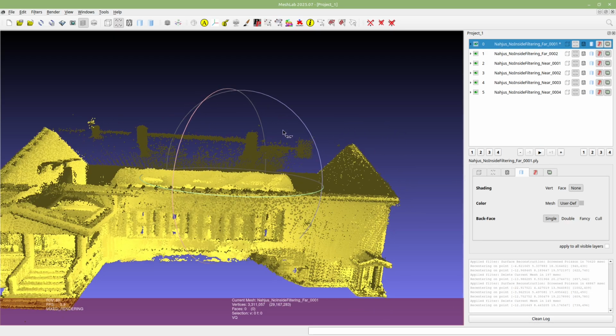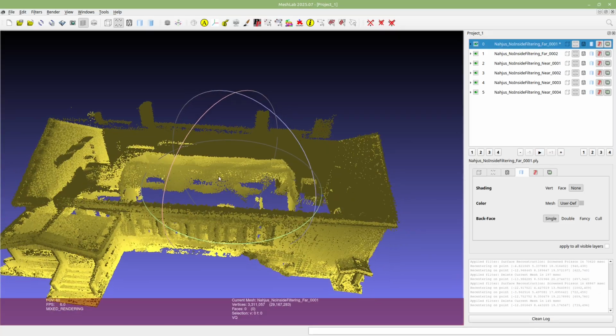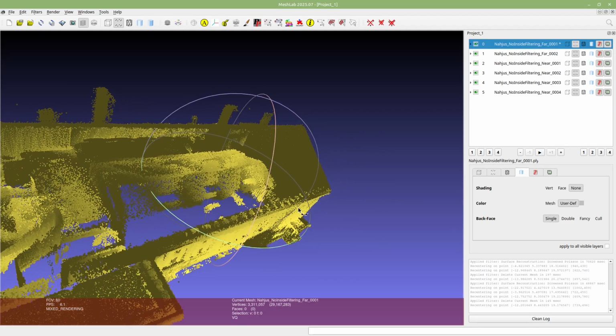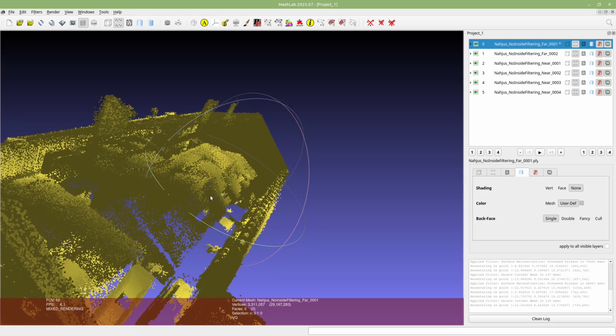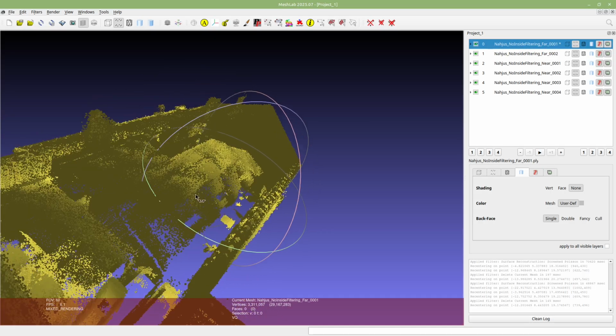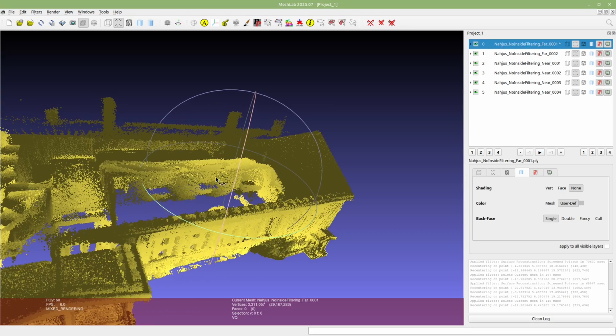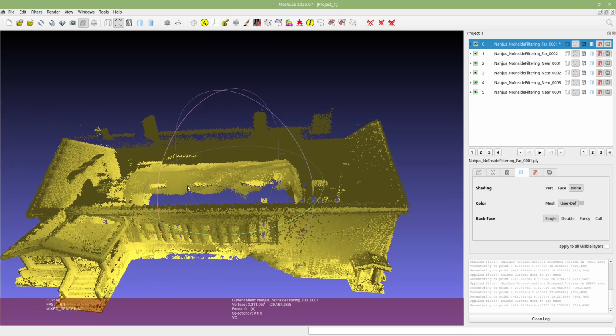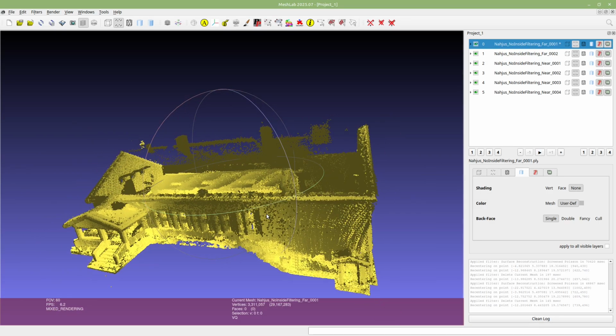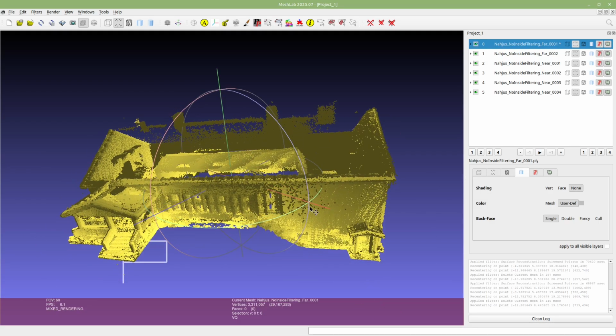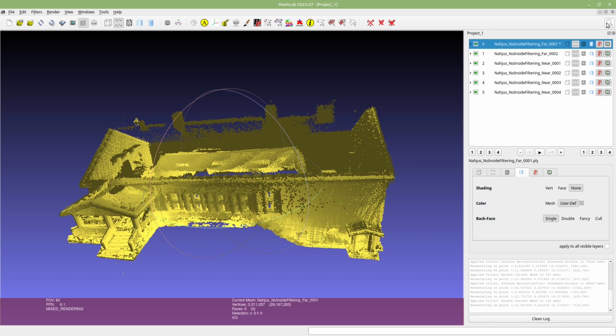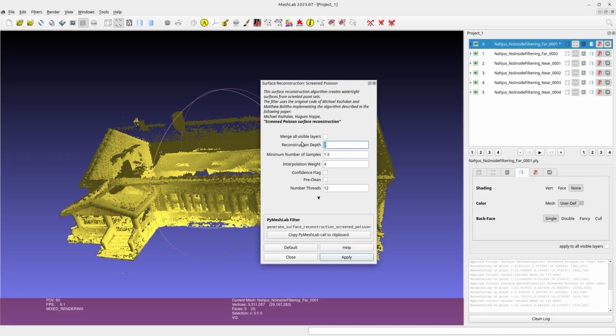And here are some points measured through these windows. Here's the hall inside the building, and these points are measured from the ceiling and back wall of that hall. So basically these points are quite useless when reconstructing the surface, but let's see anyway how it works. This takes a while, so I will skip the video.